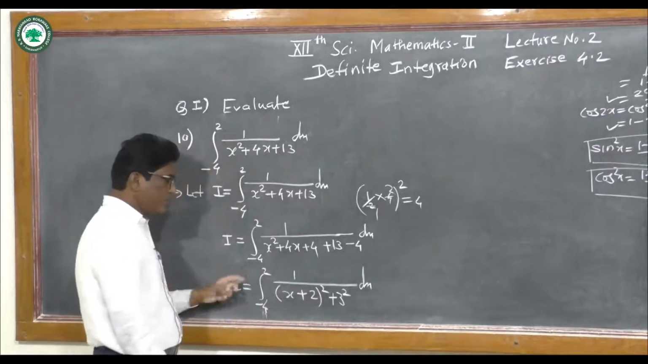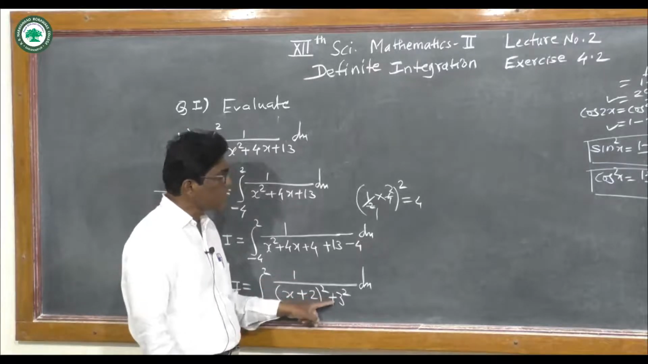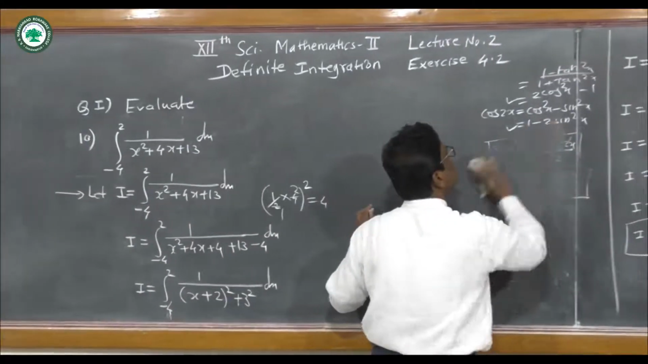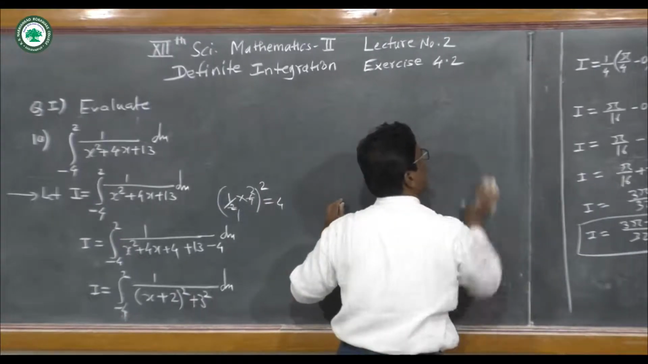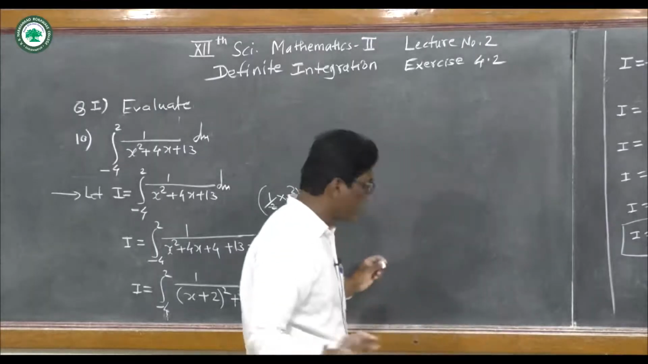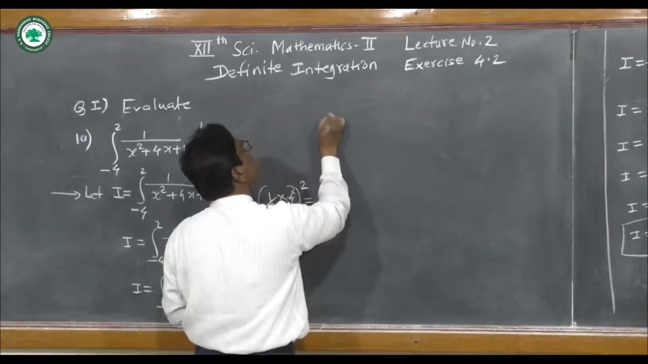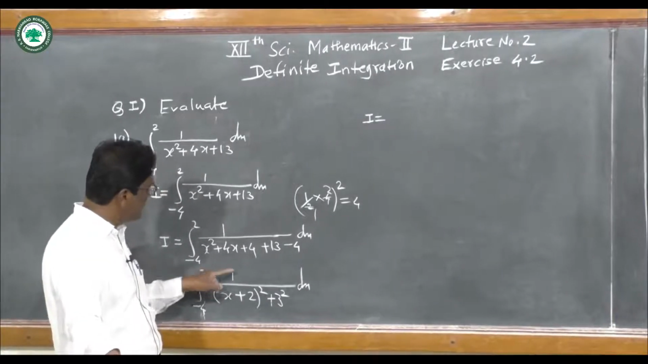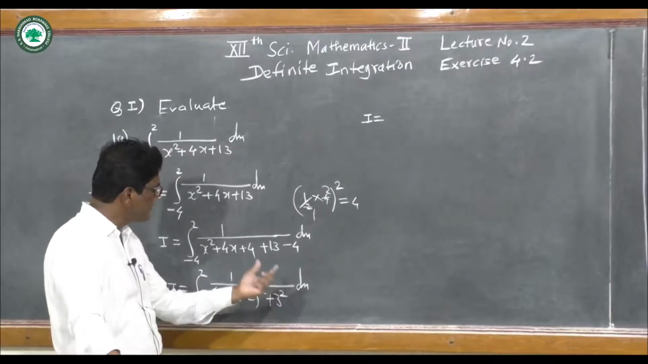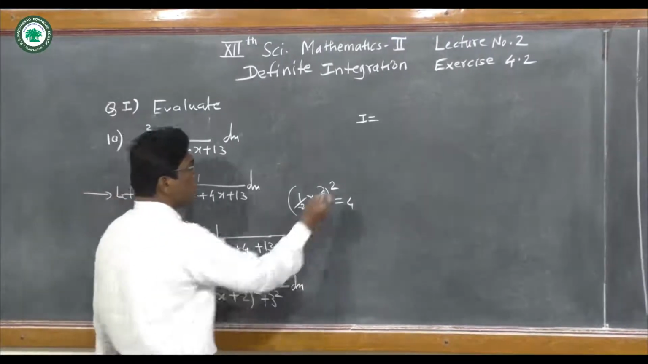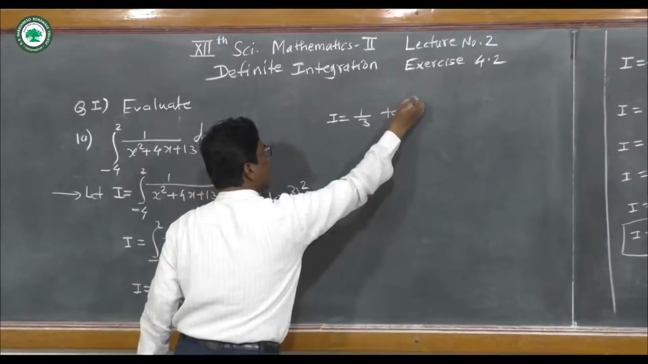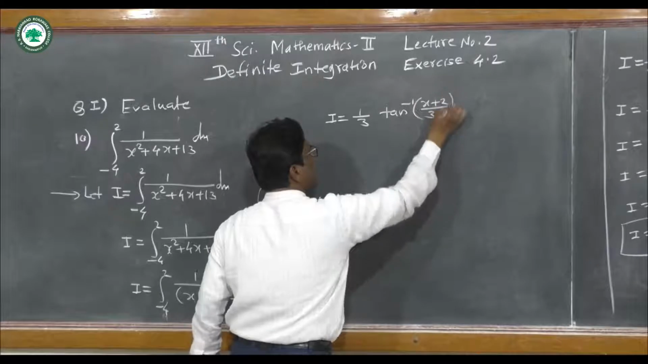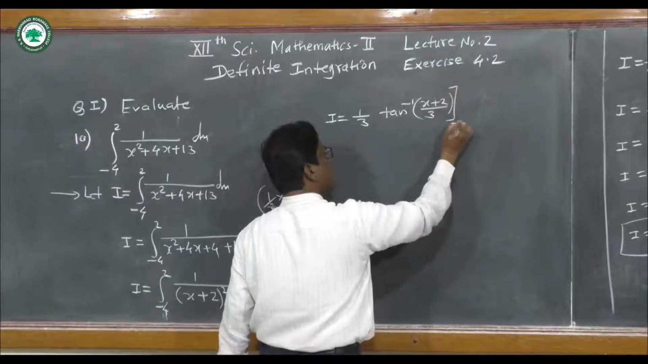square dx. And now we use the standard formula, integration of 1 upon x square plus a square. Now remember the formula: integration of 1 upon x square plus a square is equal to 1 upon a into tan inverse of x upon a. So I is equal to, now we take directly the integration. Here integration from minus 4 to 2, 1 upon, suppose this is x square plus a square, that is equal to 1 upon a, here a is 3, so 1 upon 3 into tan inverse of x, meaning this bracket, that is x plus 2 upon 3, and integration from minus 4 to